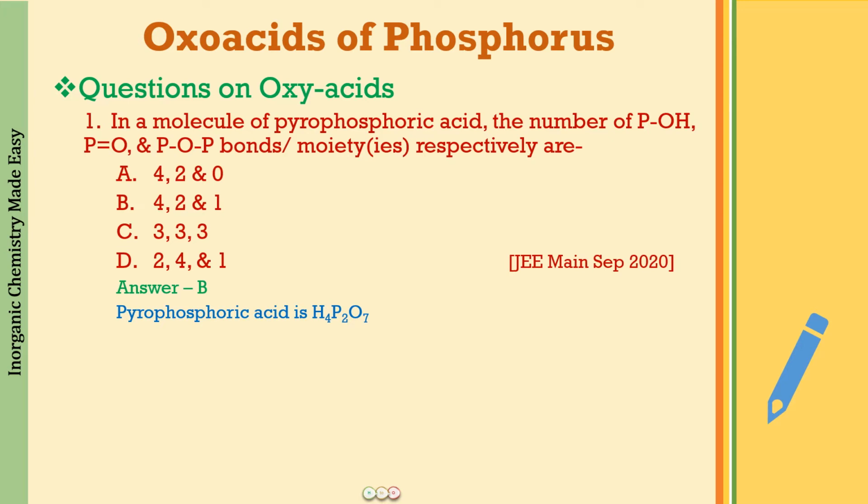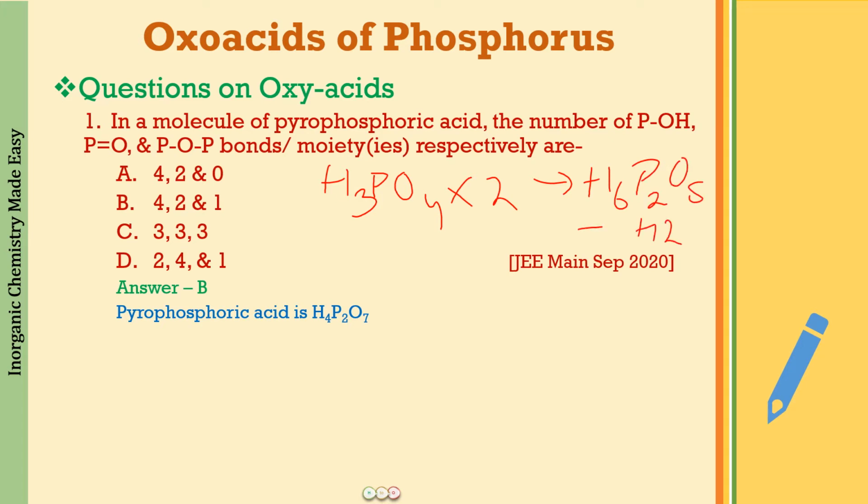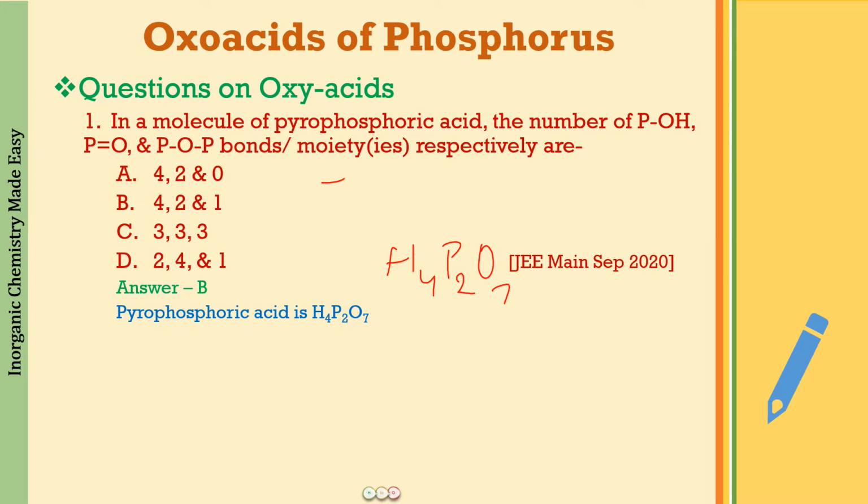So for pyrophosphoric acid, what you can do is just remember that phosphoric acid is H3PO4. Multiply this by 2, make it 2 molecules. So this means it would be H6P2O8. From this, if you subtract one water molecule, what you will get is H4P2O7. Right? And this is what we have as pyrophosphoric acid. So this way we learned in that lecture all the names and the formulas. So please do watch that. I'm going to give you the link in the description box below also, so that you can master your concept.